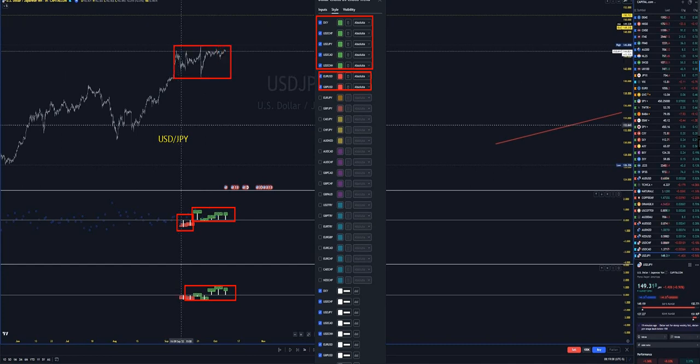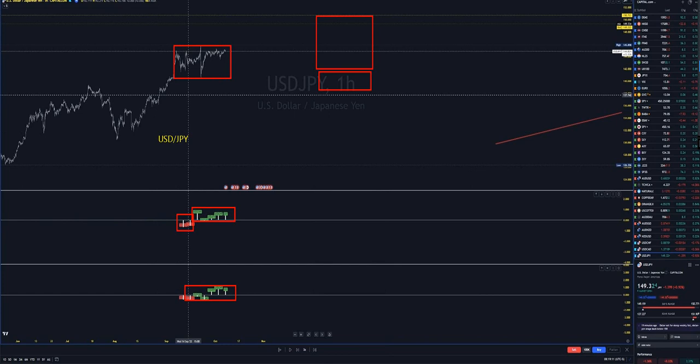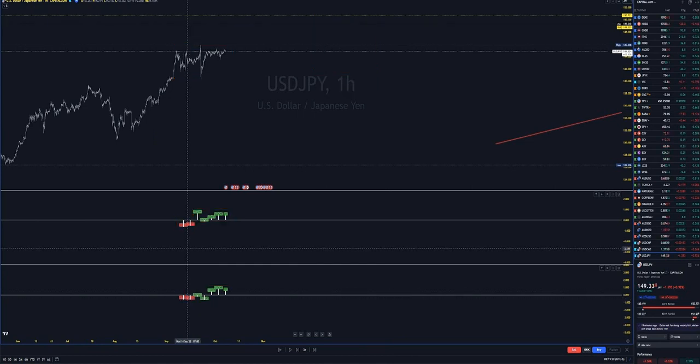Let's say we want to buy the Japanese yen, okay? And these are the market conditions. So what can we say here? We can say on the major trend, US dollar Canada is weak, but all the other US dollar pairs are strong. We see here dollar, euro, and pound also below zero. And at the same time, on the minor time frame,